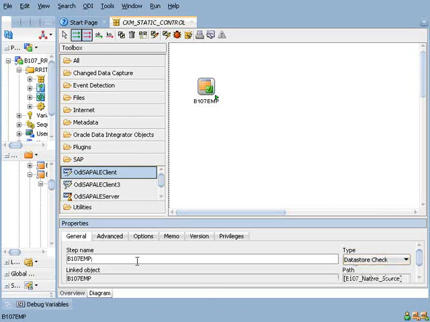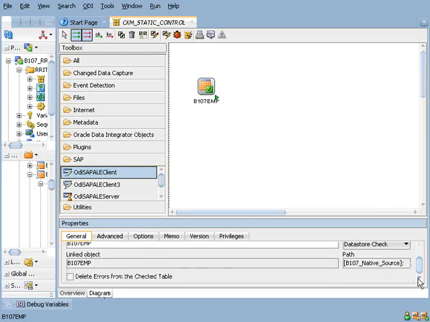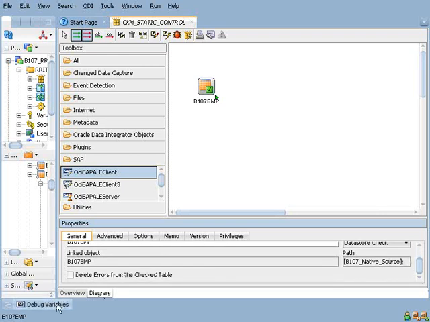And what type of data store check do you want to do here? That we need, that already we calculated here, manual or whatever you want. Then if you go and see the next tabs, in the bottom we can see one option. That option is what, sir? Delete errors from the checked table. Whatever is checked from the table, we can delete it. This is the option that is available. You got my point, right?